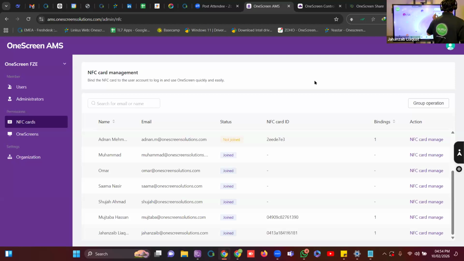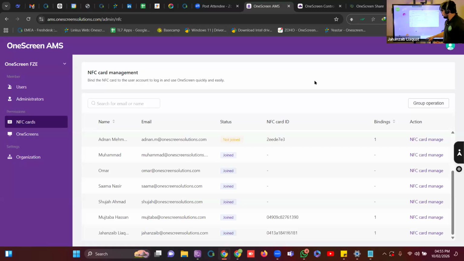Just swipe up, go to the home screen, and let's see, drive. Click here. As you can see, once this opens, you will see my cloud drive available on the screen once I log in to my OneScreen account. At any point, if I log out, what will happen? All of my accounts will be logged out from the screen